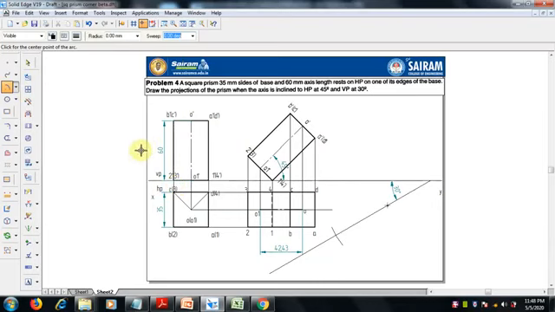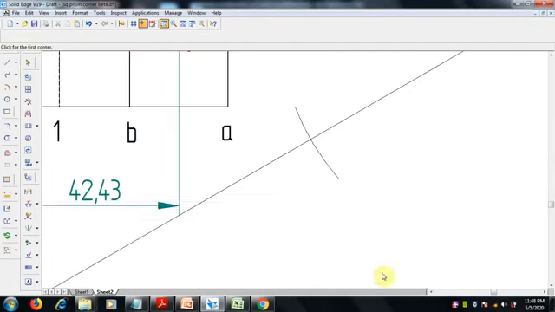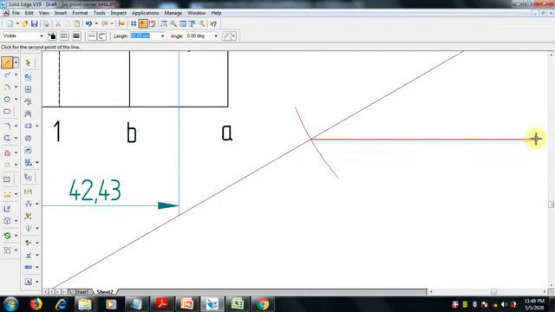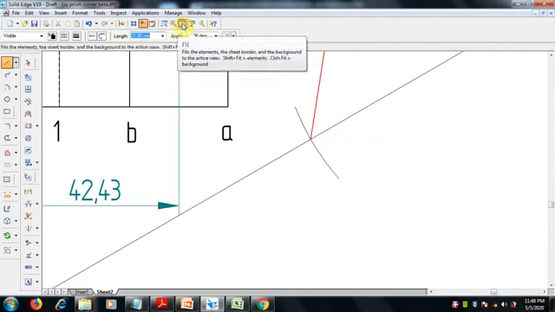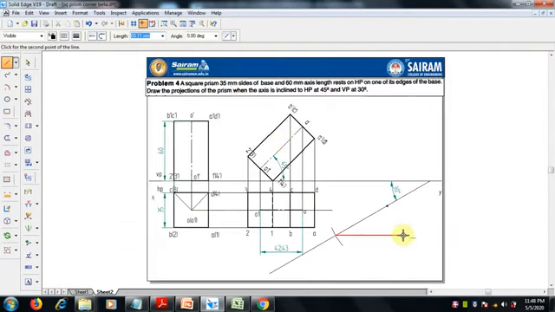Now we have to draw a locus line from the intersection point where it is getting intersected. Select the intersection point and then draw a lengthy horizontal line like this. Now we need to make another arc of 42.43.